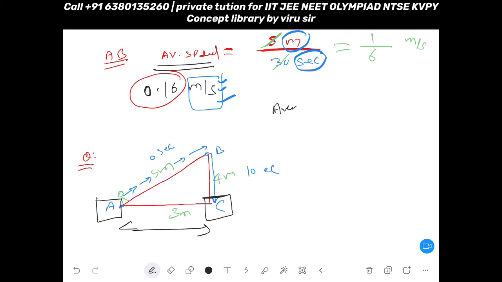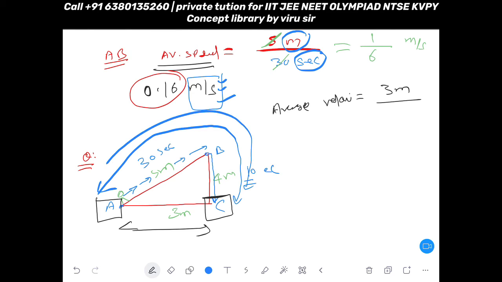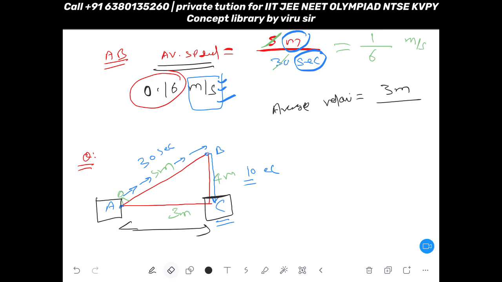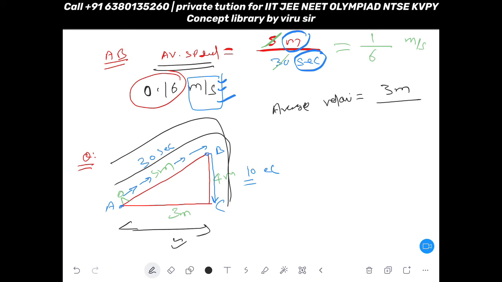So if you are looking for average velocity, then it is nothing but 3 meter divided by total time. So total time is anyhow going to be the same. Here we had 30 second and here we have 10 second. So total time, you are traveling like this only, right? So time will be this only. No doubt you are stopping here, but total time is the same in both the cases. Yeah, distance and displacement, because this displacement you are achieving only by this journey, no? So in this total journey, total time is 40 second.